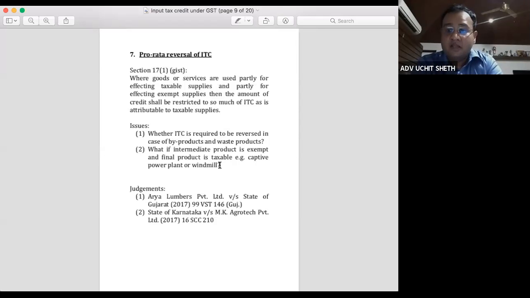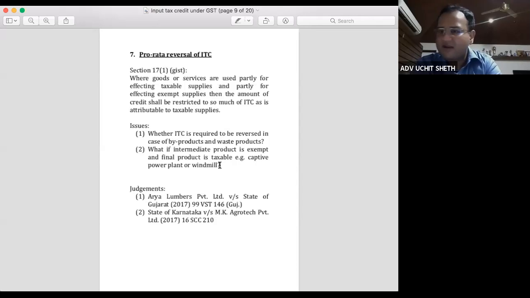There will be a problem in case where suppose my captive power plant is in Gujarat and one of my factories is in say Maharashtra, and I transfer the electricity from Gujarat to Maharashtra. Now, for the purpose of GST, my Gujarat and Maharashtra units would be deemed to be different, distinct persons, and therefore electricity will be supplied by Gujarat to Maharashtra, in which case the authority can take a stand that so far as Gujarat is concerned, there is no question of there being any taxable manufactured commodity. All you did was supply electricity to Maharashtra, which is exempt, and therefore we will say that you are not entitled to input tax credit.